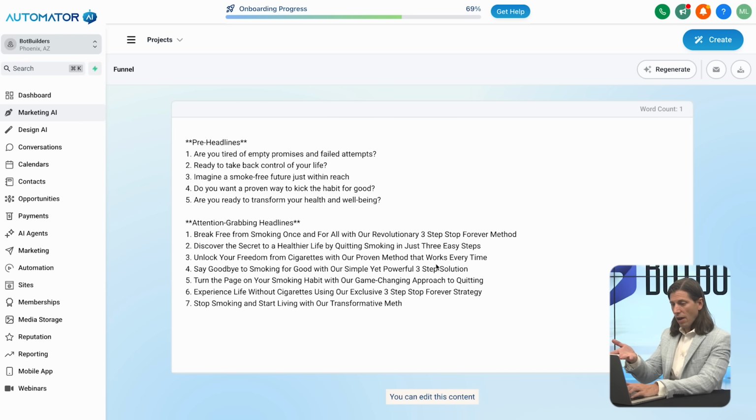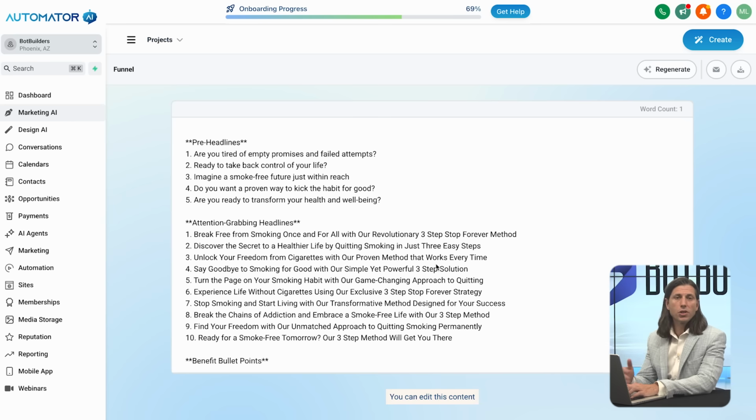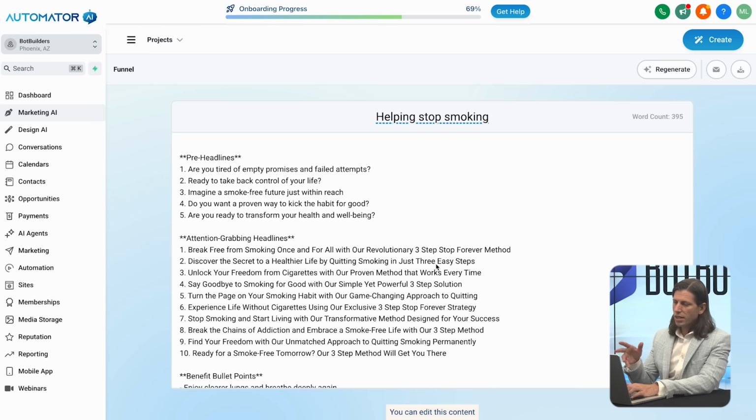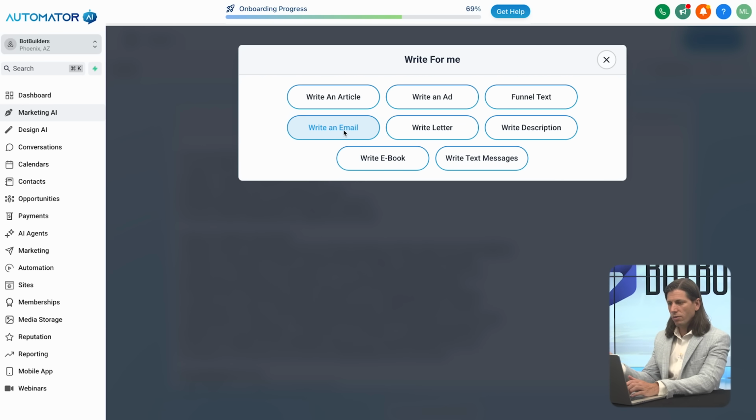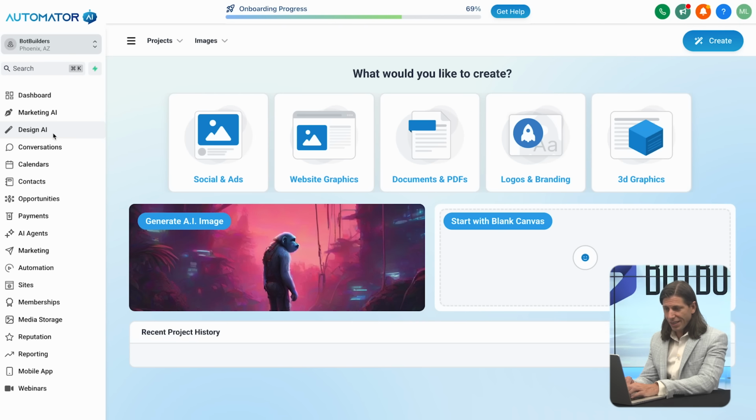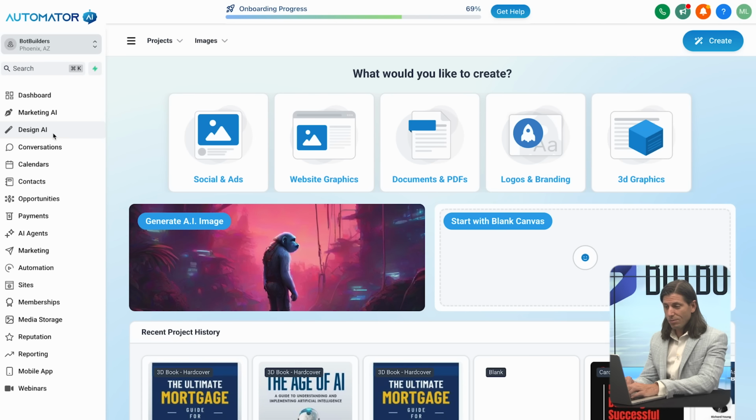And what it's doing is now it's giving you options to work from. You can just pick whatever you want, put it into your funnel. And what's great is if you want to write other stuff, right? Remember, it's all about building, getting these things rocking. You can click create. You can have it write other things for you. Oh, what do you want to write? You want to write emails. You want to have it write ads. You can write entire ebooks with this thing. In fact, you not only can write ebooks, you can even design ebooks here using our AI tools.